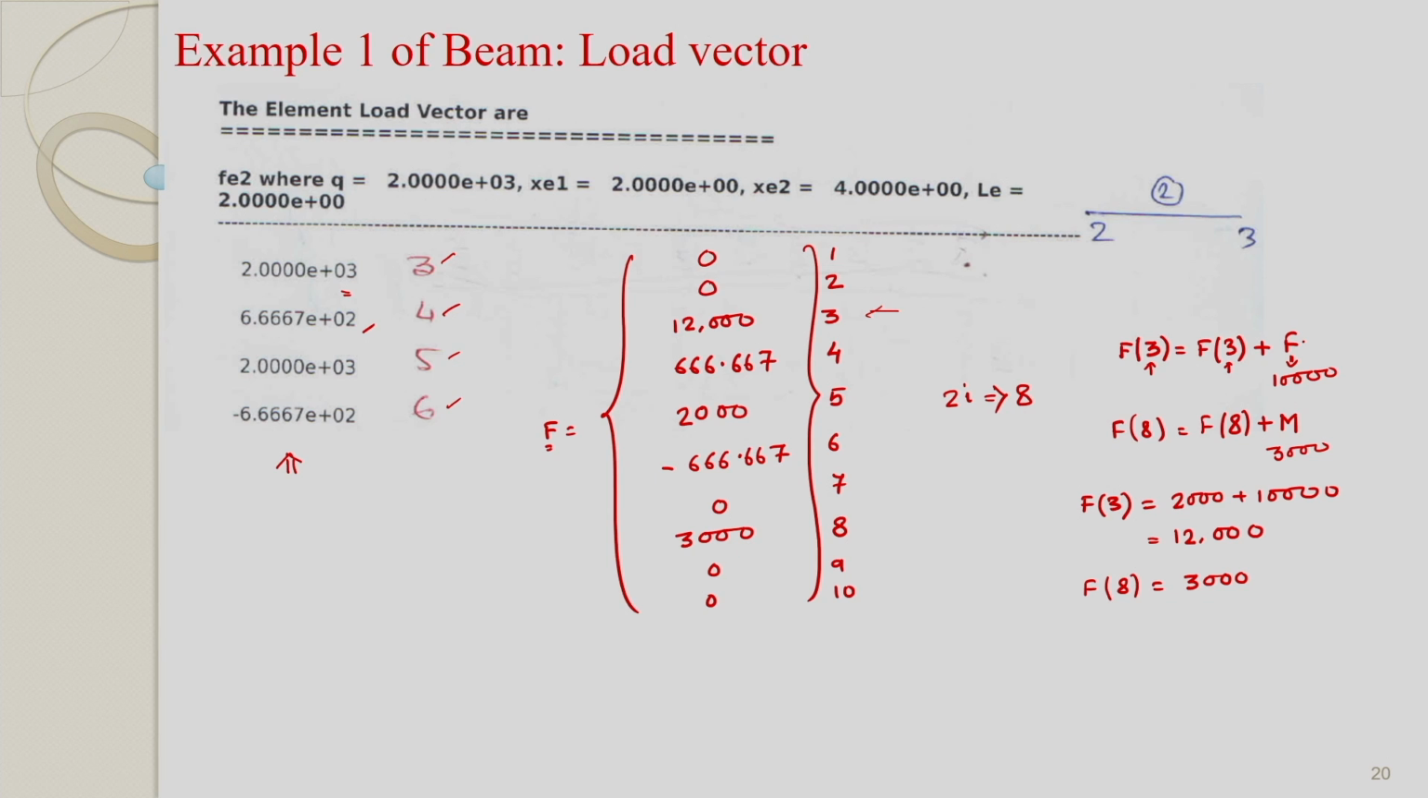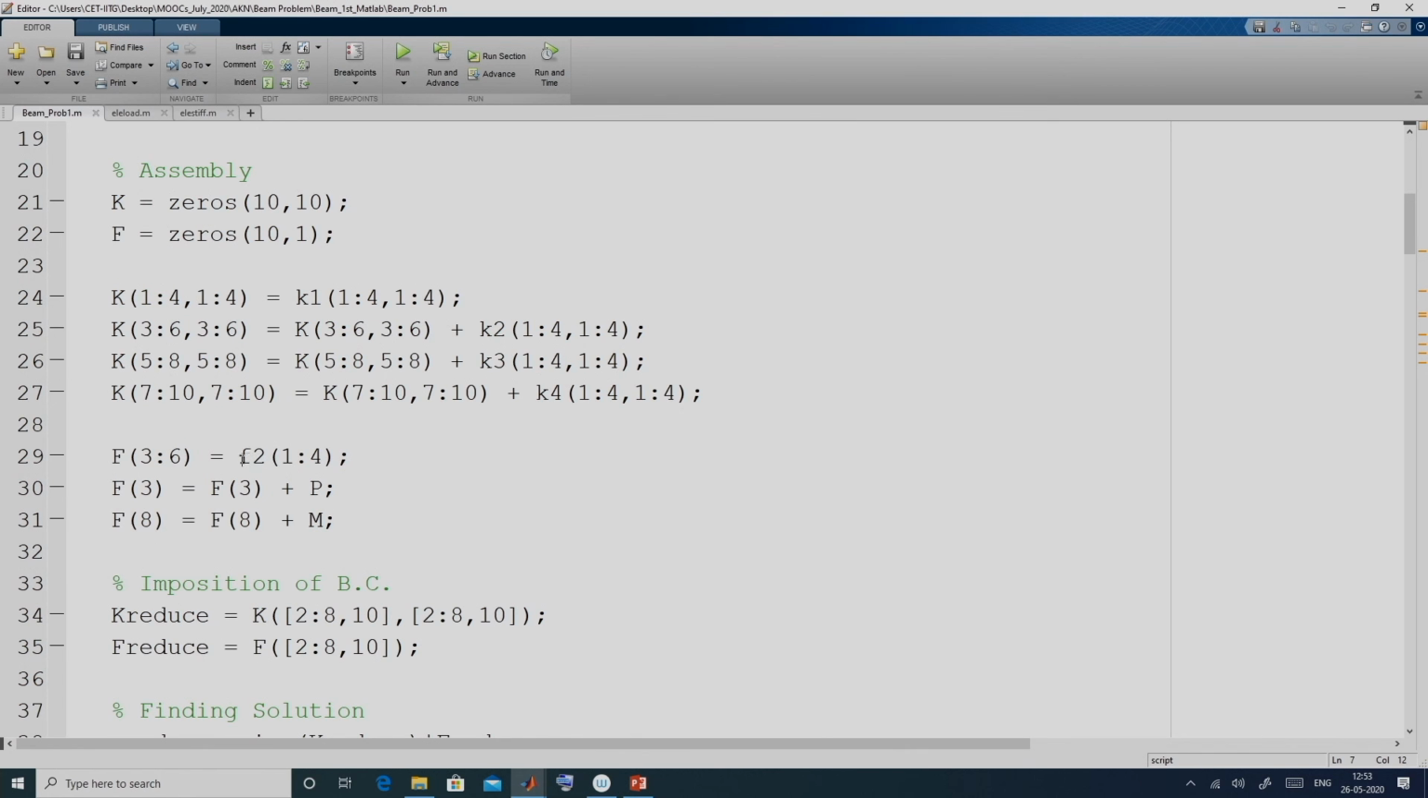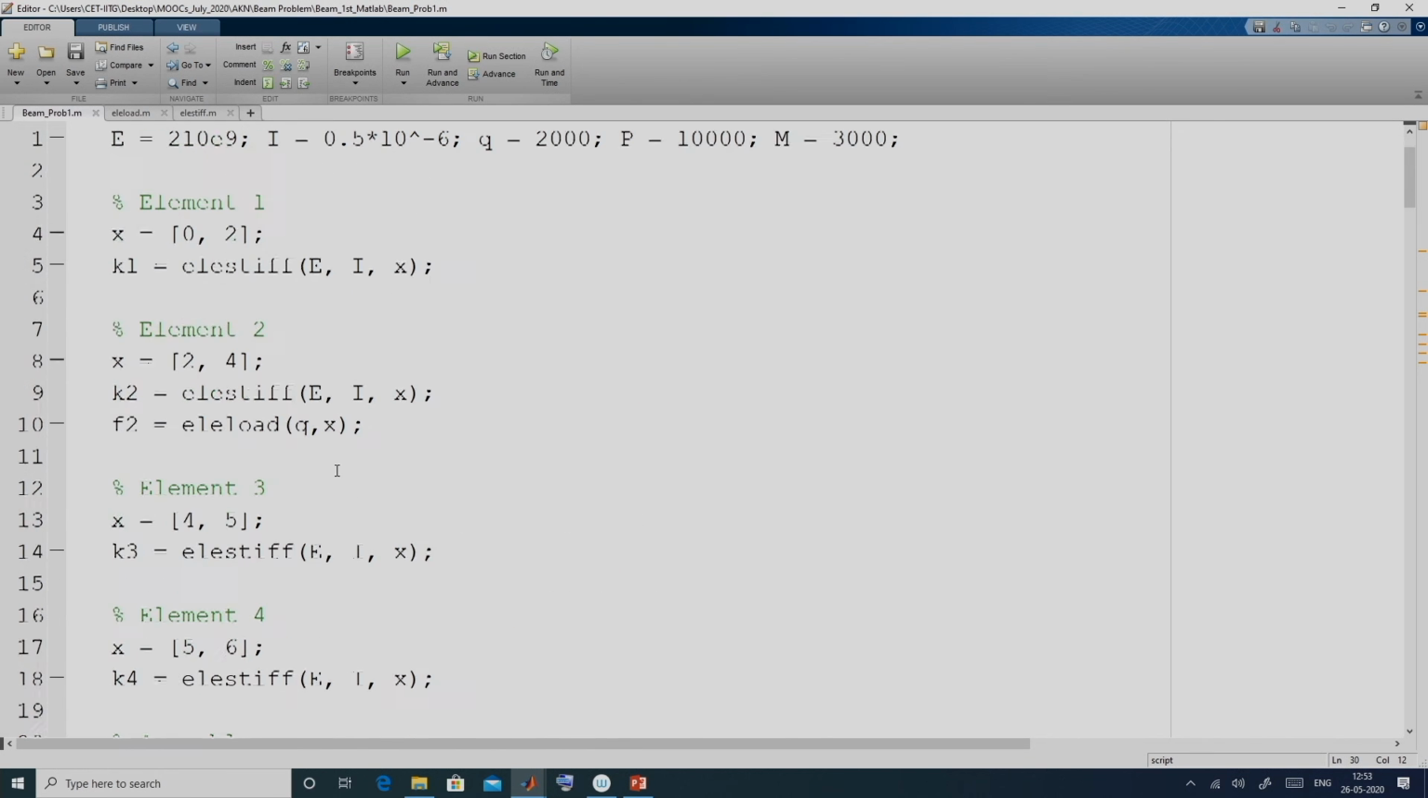So, this is our global load vector for this problem. Let us see in Matlab how this is implemented. For element 2 we get this F2 for uniformly distributed load. Now, the global address of F2 is 3, 4, 5, 6. Then at the third node we have added this point load P, that is 10,000. It is positive because it is downward,